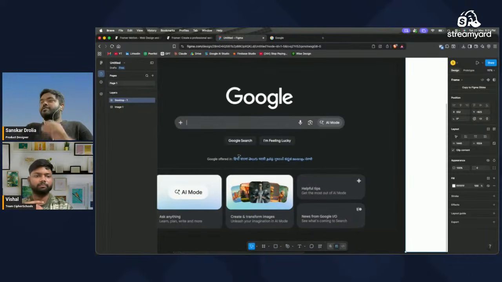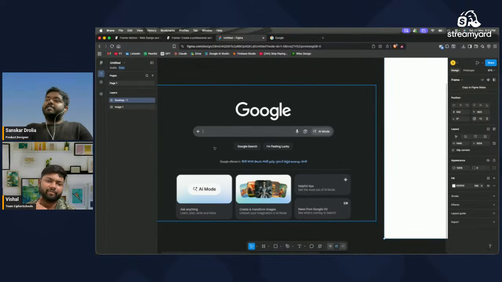So when we see this screenshot, Vishal, you can help me. Of all the components which we have, which we need to clone,